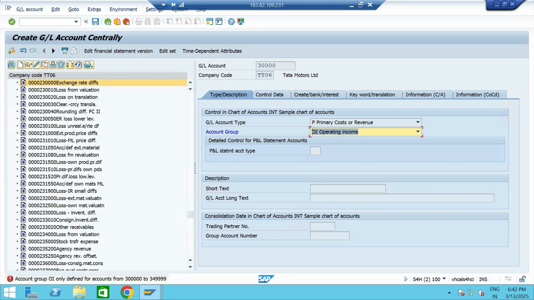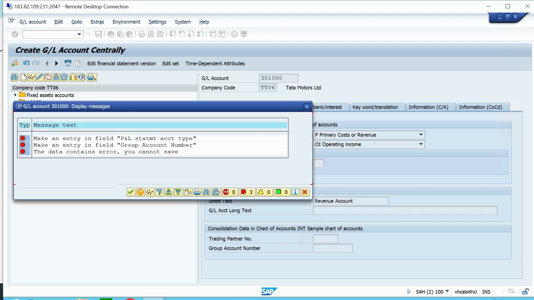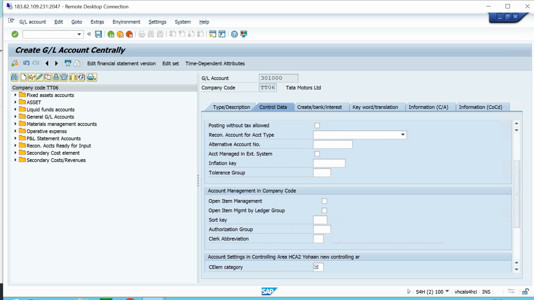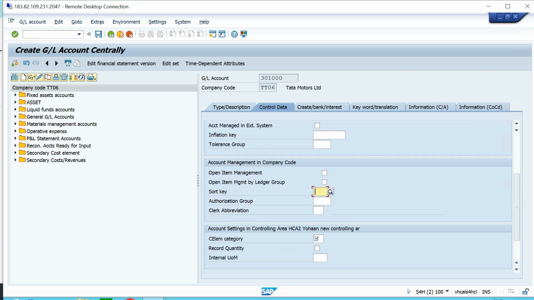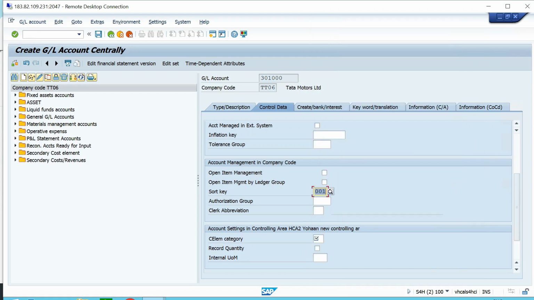Okay, so I'm going to enter GL number 301000, company code TT06. GL account type, primary cost or revenue, account group, operating income. So here I'm going to enter revenue account, enter short name and long name, then go to control data tab, account currency INR, short key 001,